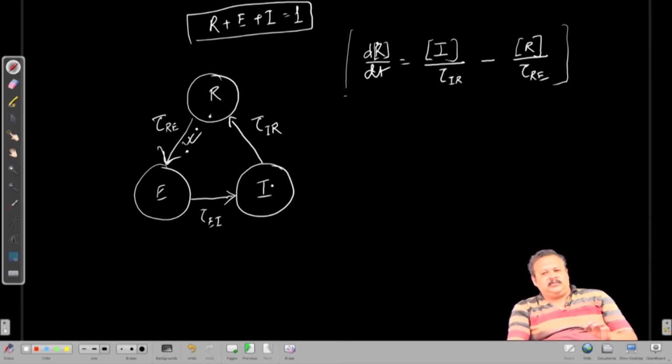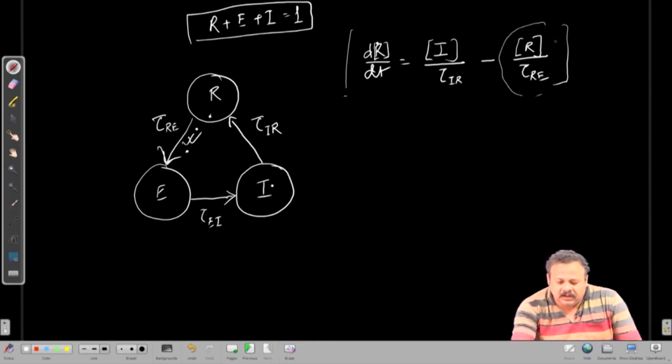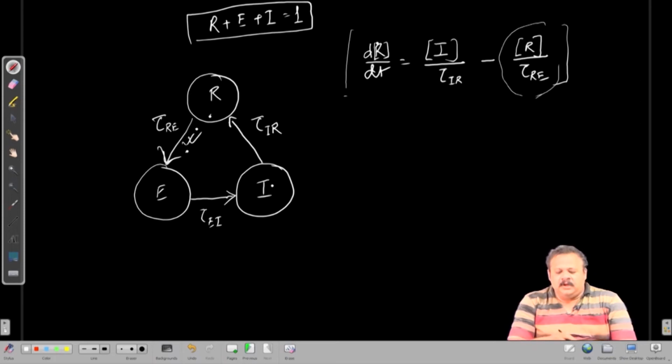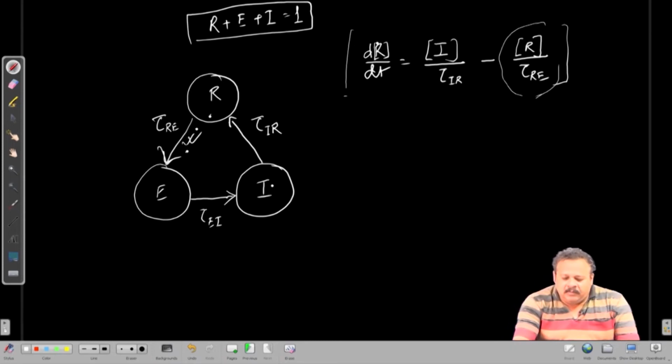When there is an action potential, only then the vesicles inside the presynaptic side are going to release the neurotransmitter. So, this rate of reduction in R must be happening only at the time points of